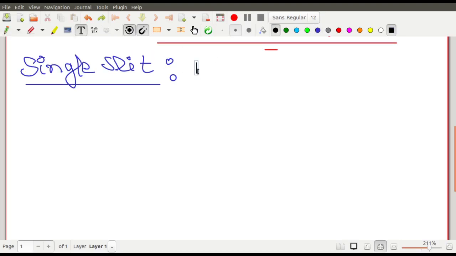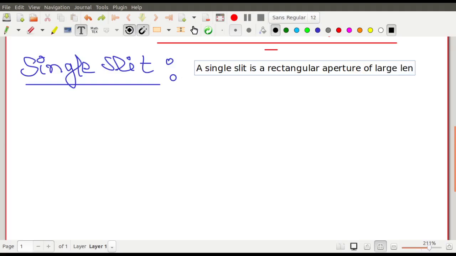এখানে এক লাইন লিখে দেওয়া ভালো, সো আই রাইট এ লাইন। A single slit is a rectangular aperture of large length compared to its breadth. ঠিক আছে, এইটাই। ঠিক, that's the idea. Now I draw the pattern over here. So pattern টা দেখিয়ে দিই একটু।